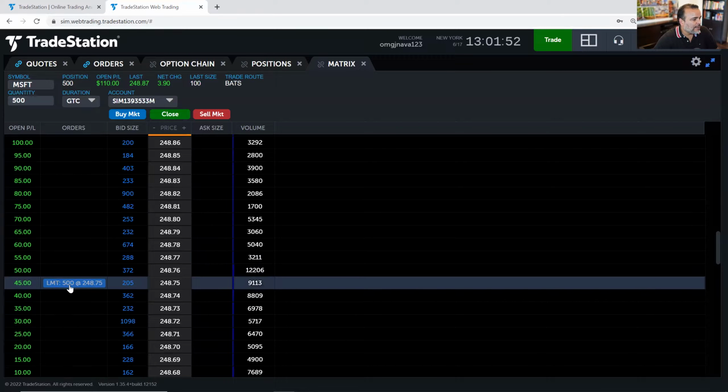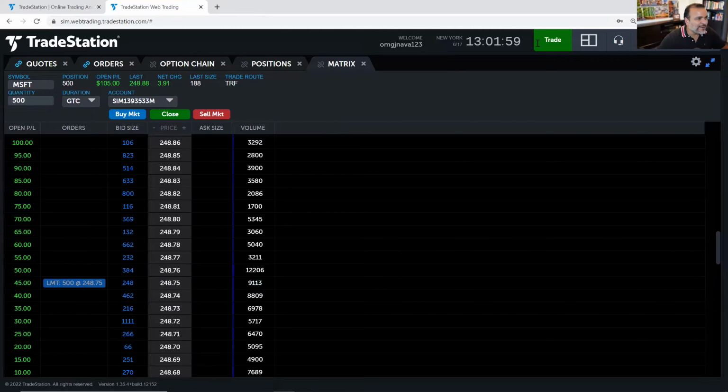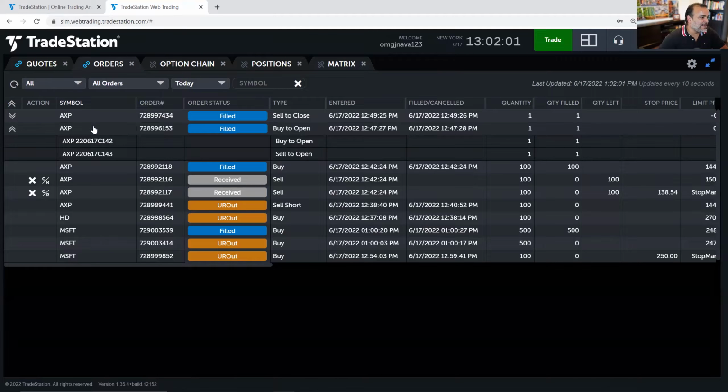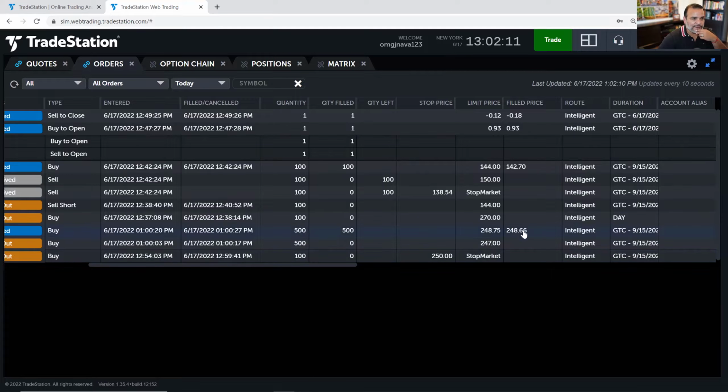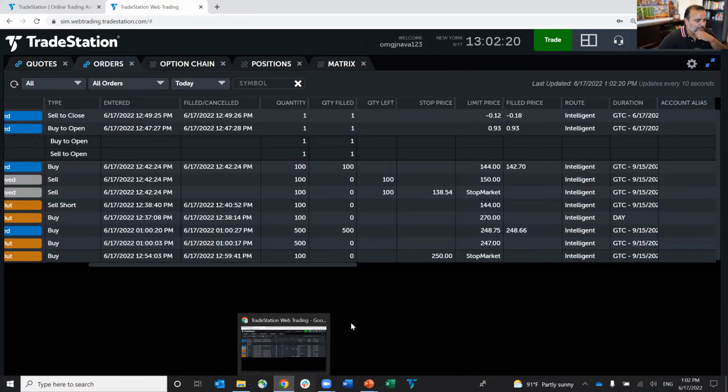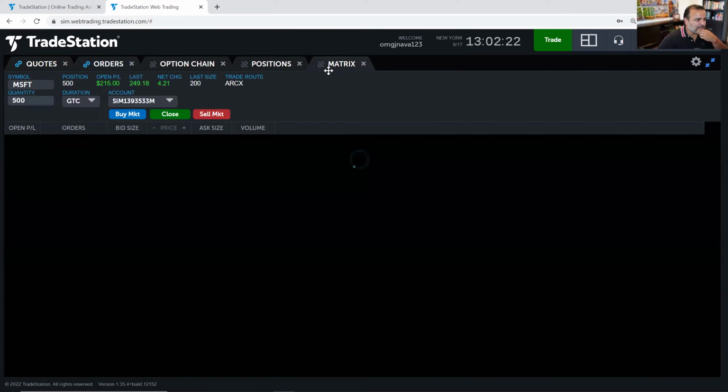Limit at 148.75. Is that an active order? Let me go here to my orders tab because maybe it is. For Microsoft, I have a filled order, you're out. I did get filled. Let's go here and scroll to the left. I got filled at 248.66. My limit price was 248.75. So if I go over to my matrix,